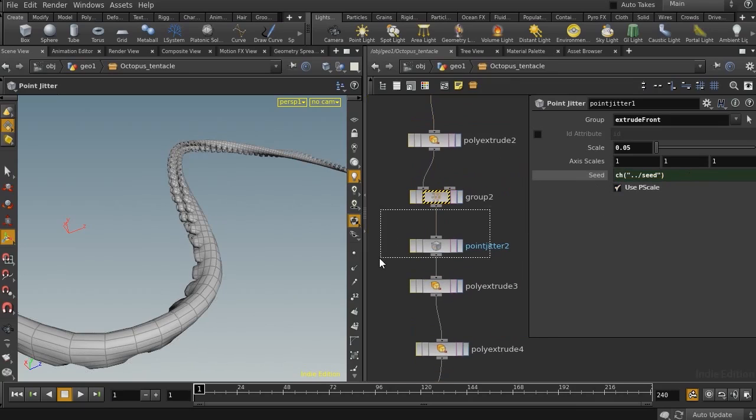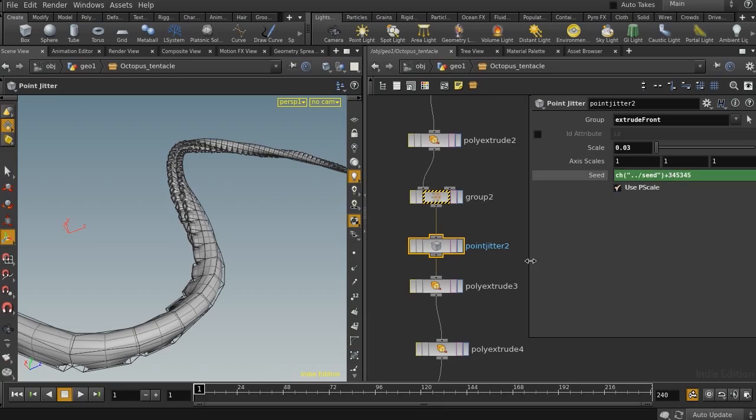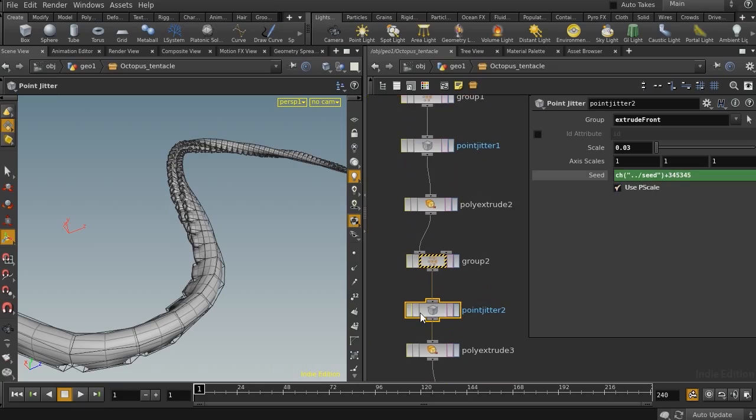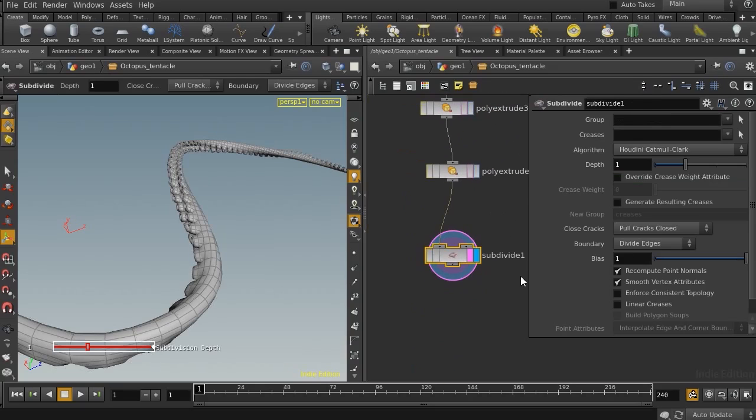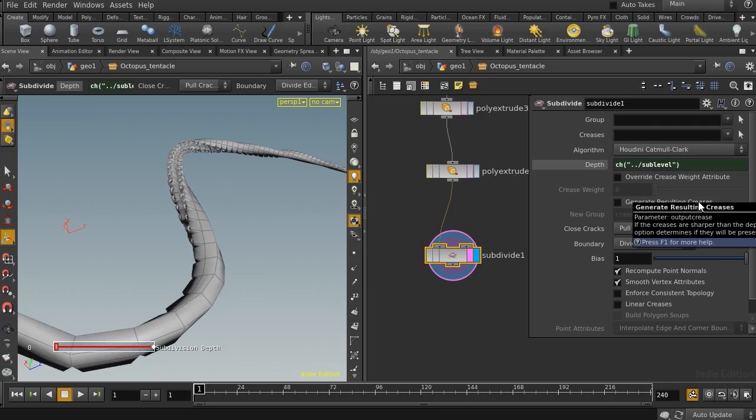And also for this seed, and of course we can add a random number to have a different number from the previous seed one. And here you have to use the sublevel. Okay,